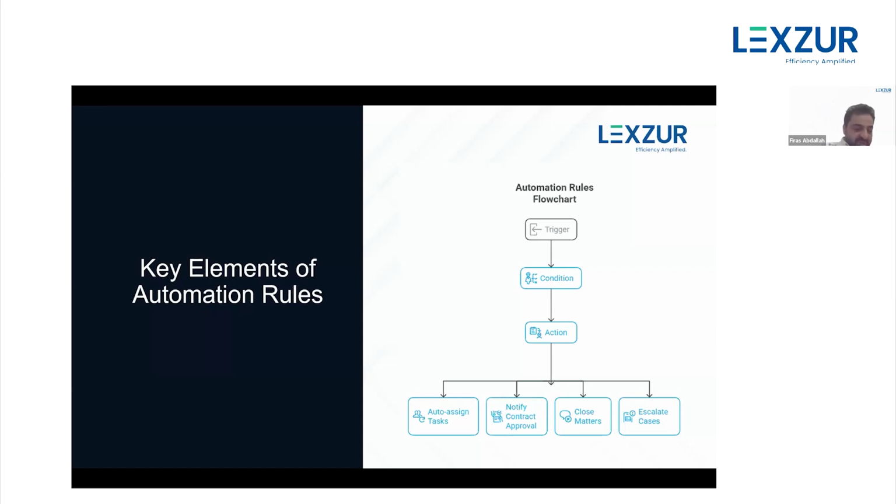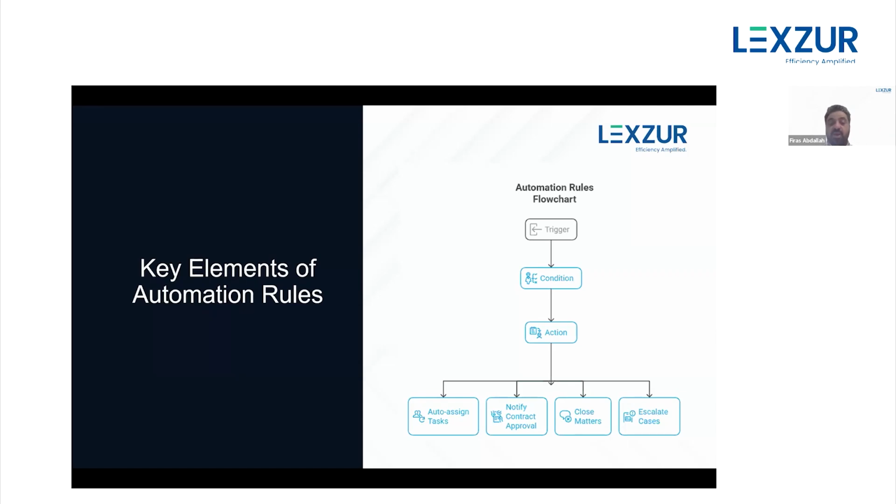So after the definition of a trigger, we have to define one or more conditions. Why? To control this automation rule. It depends firstly on the trigger, on an event that occurred, but conditioned by